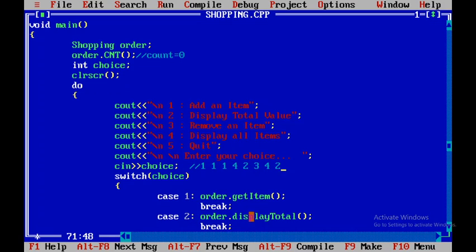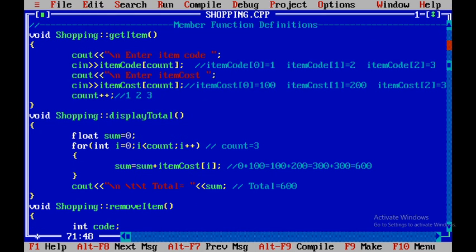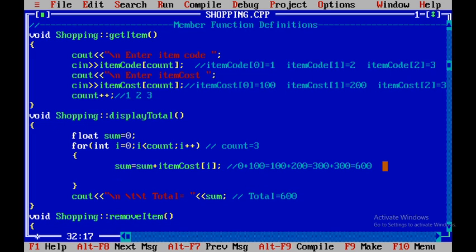So the display total method will execute. Here count is still 3. Sum is 0, and in that atom cost of 0 will be added. Atom cost of 0 is 100, so sum equals 100. Then it will add atom cost of 1.